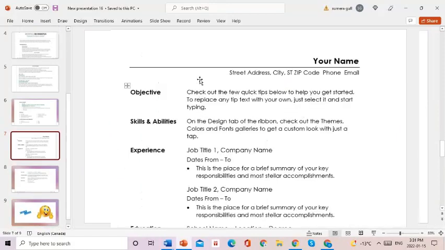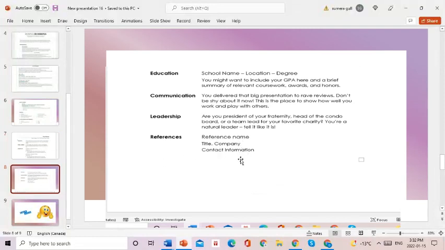And then we have a functional resume. The functional resume is mostly for people who are fresh graduates and don't have a lot of job experience, but have done some volunteer work, and those references you can add to your resume. Mostly it's skill based, so whatever skills you have, you can add more skills to the resume, and then it will work. You can put the references at the end, and it can be helpful for you. So that's how you can create it.